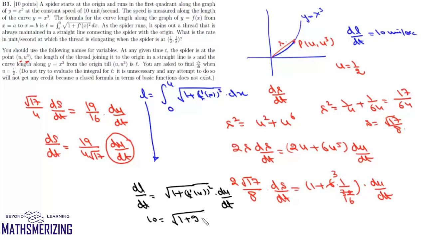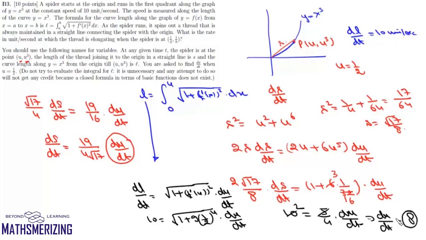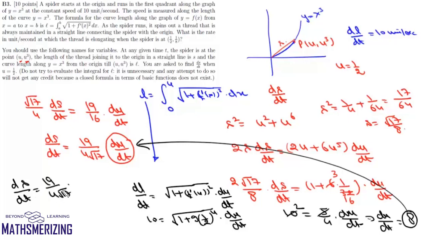So it will be 9u to the power 4, and value of u is 1 by 2. So it will be 9 into 1 by 2 to the power 4 du upon dt. Now this is 25 upon 16. It will be simply 5 by 4. So we can write 10 equals 5 by 4 into du by dt. Now here this 5 will cancel. So we can write du upon dt as simply 8. Now we'll put the value of du upon dt here. So we'll get ds upon dt as 19 upon 4 root 17 into 8. So it'll be 2, and which is 38 upon root 17.